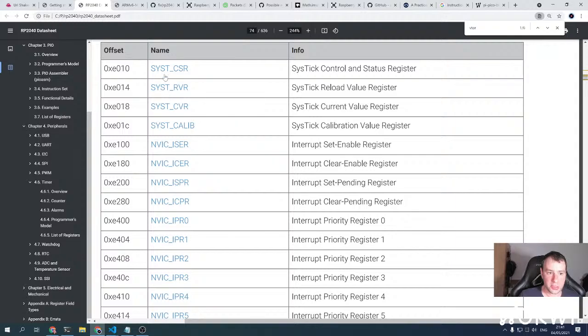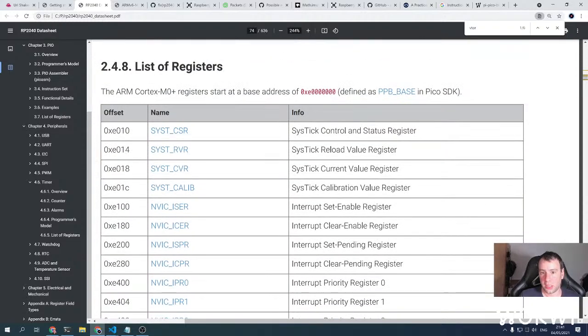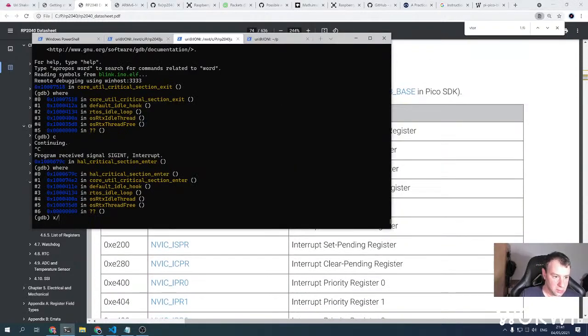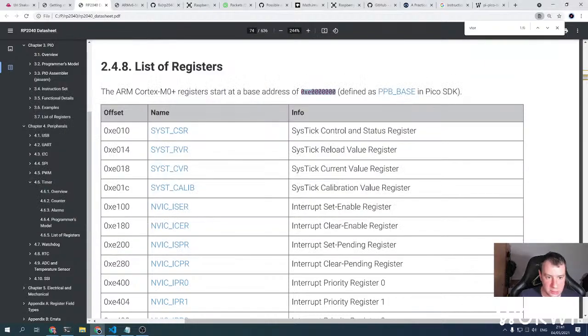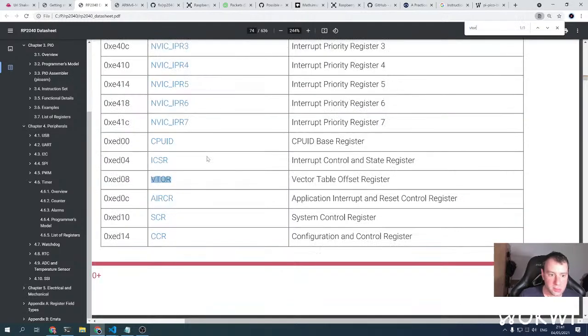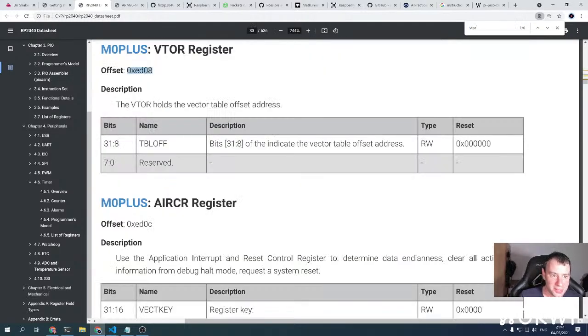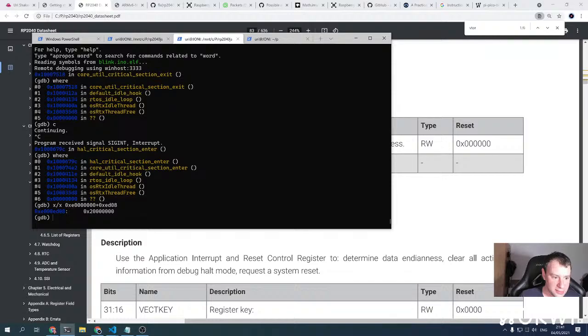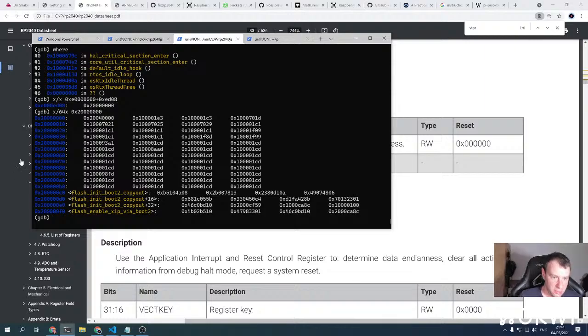So we have this vector register which points to the vector table. So let's print the value of it. So it's this plus that. Right. So this is the vector table. And then if we print 64 first entries from the vector table,